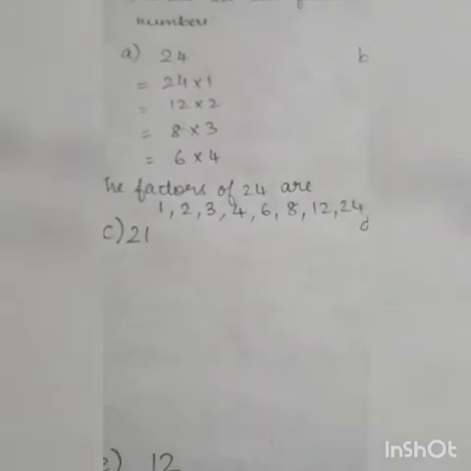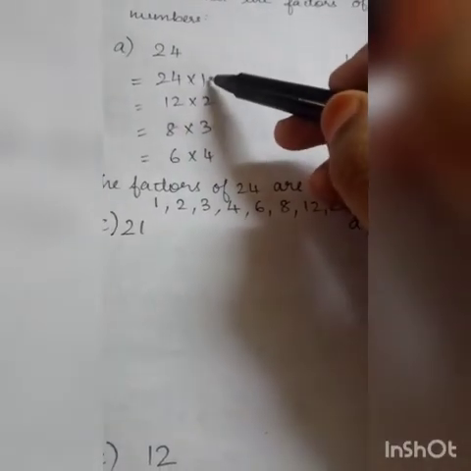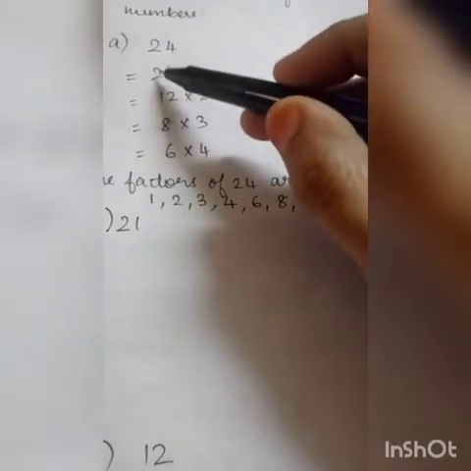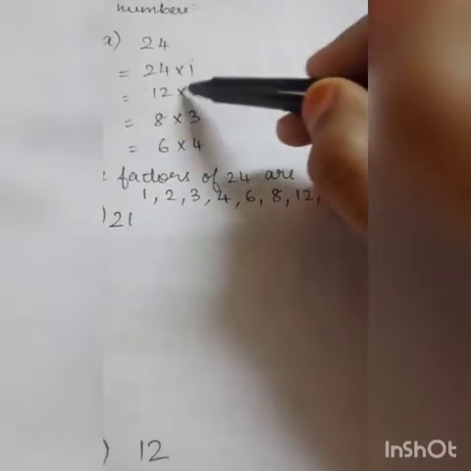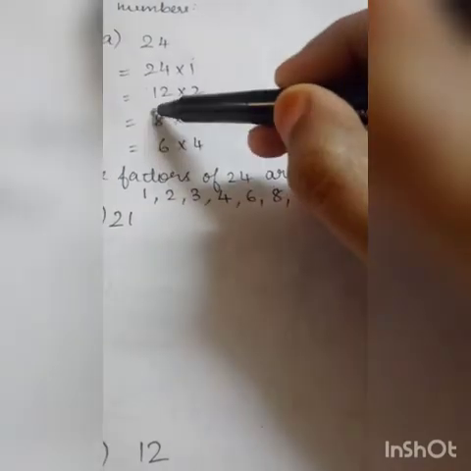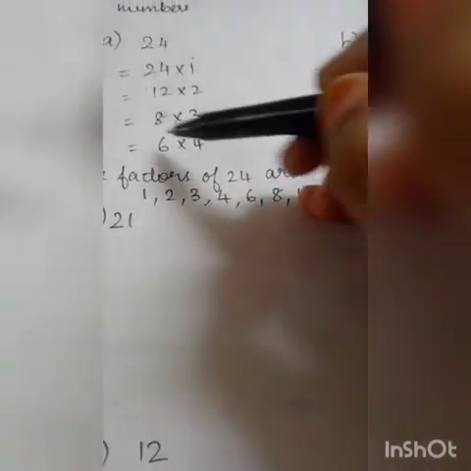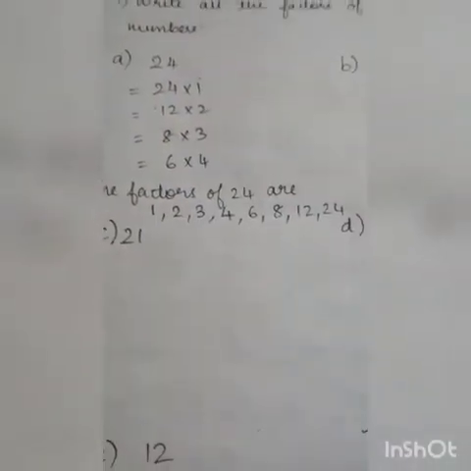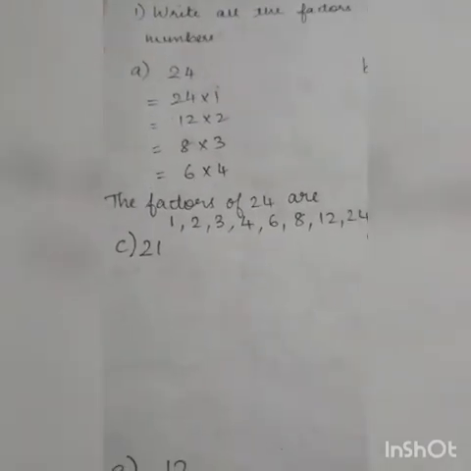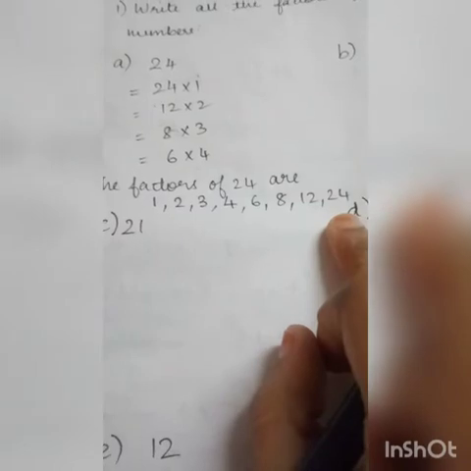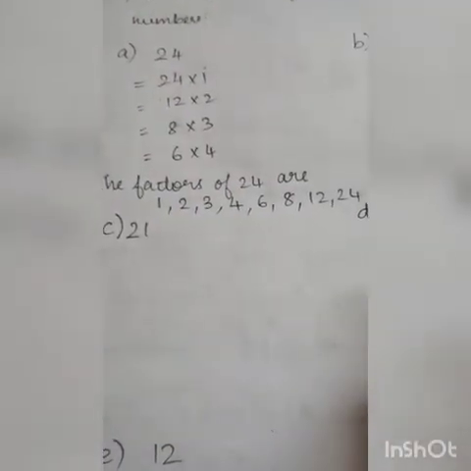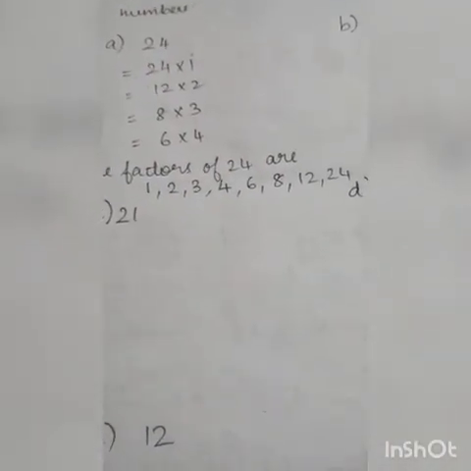First table, it is coming, obviously it will come. So the 24th table also it will come, first table also, 12th table also, 2nd table also, 8th table also, 3rd table also, 6th. So these are the factors. You should not miss any tables. If you miss any it is wrong. Everything should be there. Every factor you should write because factors are finite.